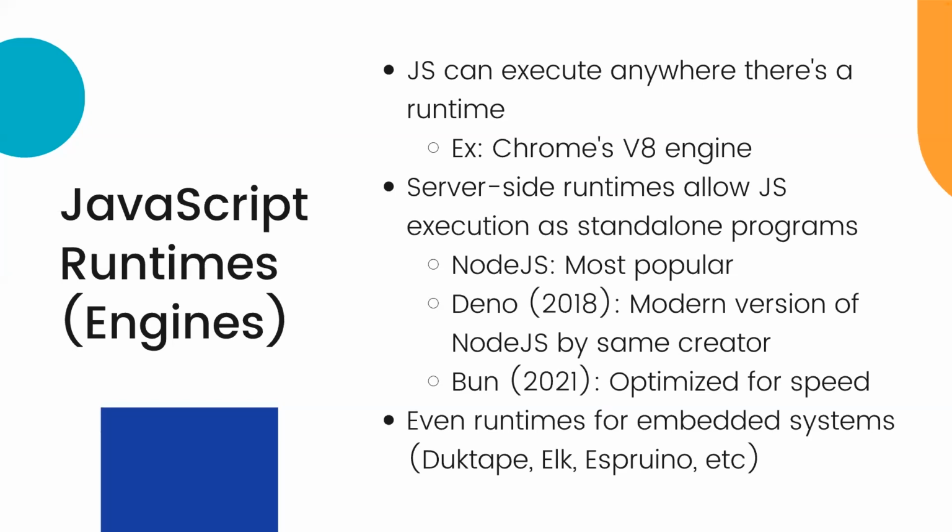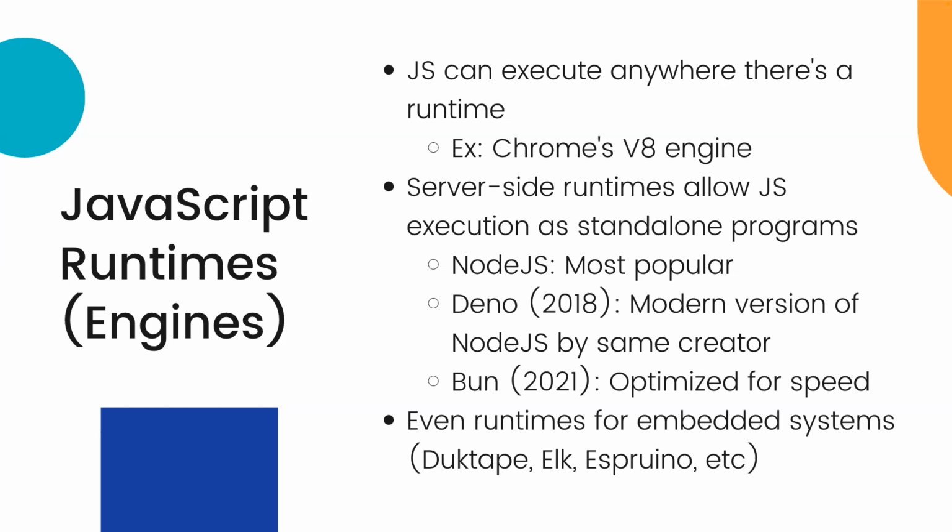Like we said earlier, all the browsers have their own engine built into it. Chrome calls their engine V8 and it's open source, but Chrome executes JavaScript differently from somewhere else. But there are runtimes that exist outside of the browser as well. If you've heard of Node.js, Node.js is the most common runtime outside of a browser. You can run that literally on any computer and just execute JavaScript like a normal program. It doesn't have any interaction with the browser if you do that. That's why it's called server side. Client side is synonymous with browser for the most part. There's no interaction with the browser. It just exists on its own.